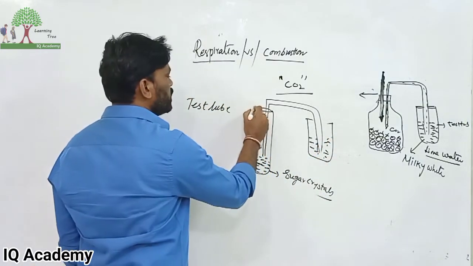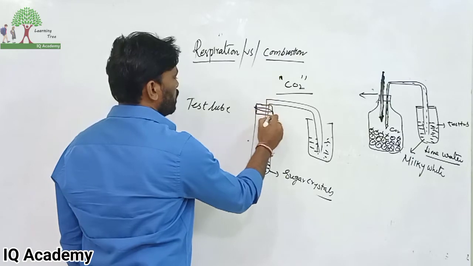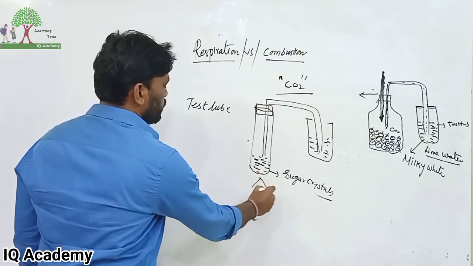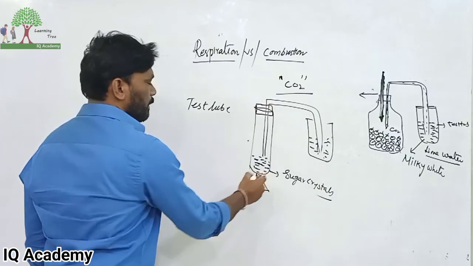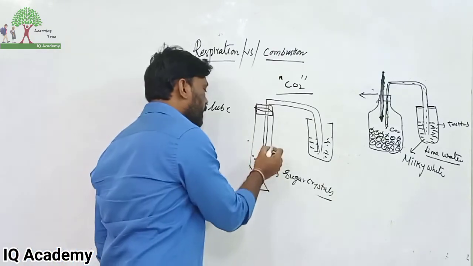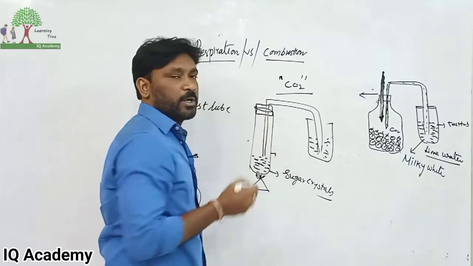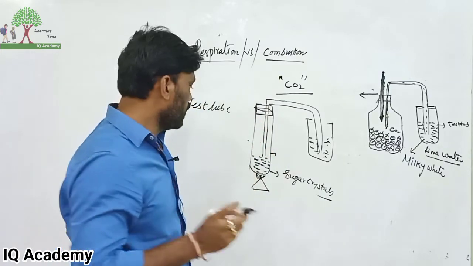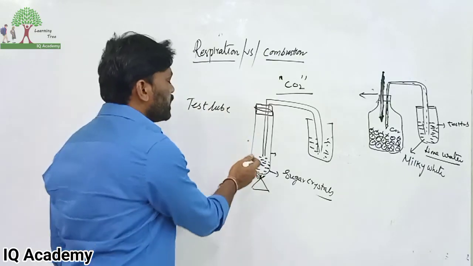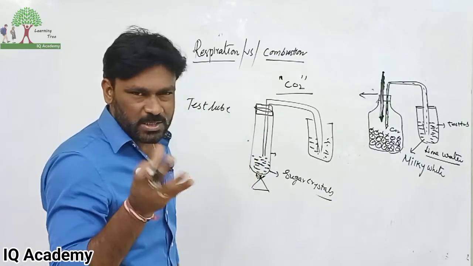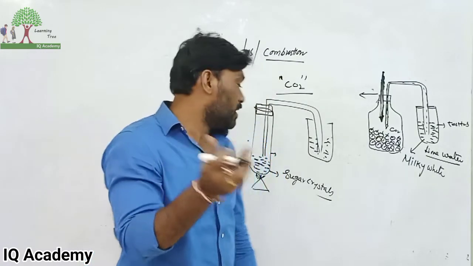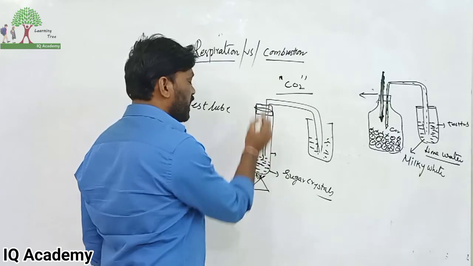Now this tube is fitted with the rubber cork. And now heat this test tube with the Bunsen burner. It is better to heat a test tube with the Bunsen burner because it will be a hard one. When we heat, the sugar chars, means it burns and changes into black in color, and releases carbon dioxide,